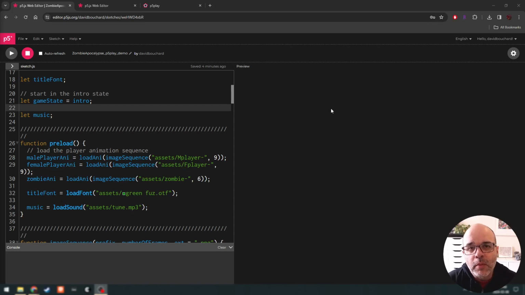Hi everyone, welcome back. This week we're going to build on the ideas we introduced last week when we covered the p5play library. So we talked about the basic objects that are inside p5play. This week we're going to build on this and do more of a fully fledged game